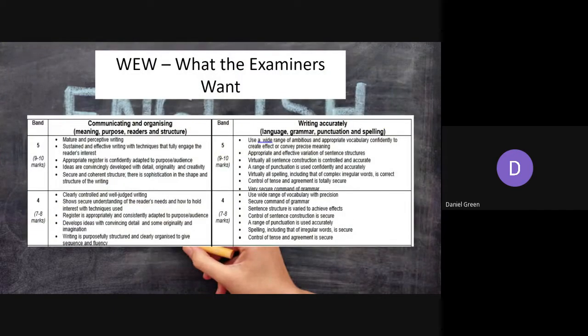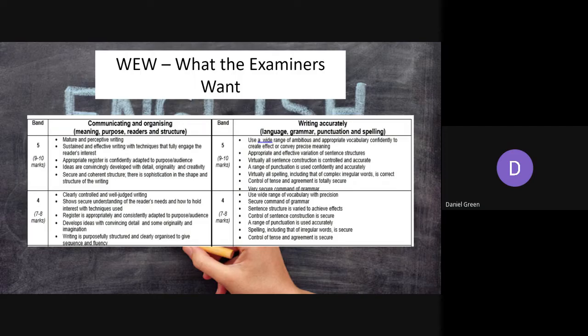Right, in terms of writing them, this will be very familiar to those of you who watched my last video, but it is a slightly different mark scheme in terms of what it's asking for in comparison to the last one you did. The last one was out of 20 for communicating and organizing, and out of 15 for writing accurately. These are both worth 9 out of 10 essentially, and I've shown you the major 2 bandings here, band 4 and band 5, to show you the differences, but also to show you that you can achieve that no matter your ability level. You just have to follow what the rubric says.